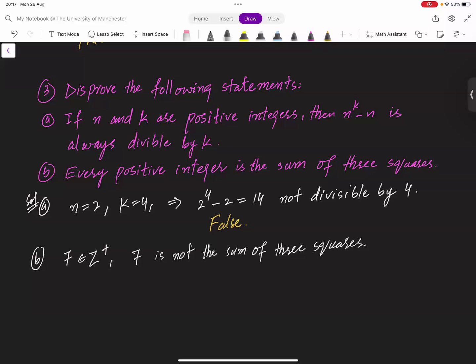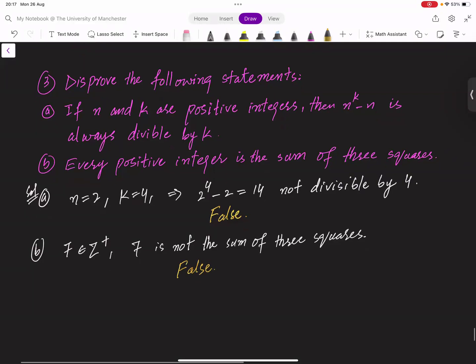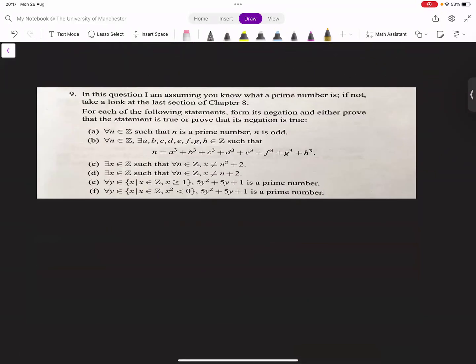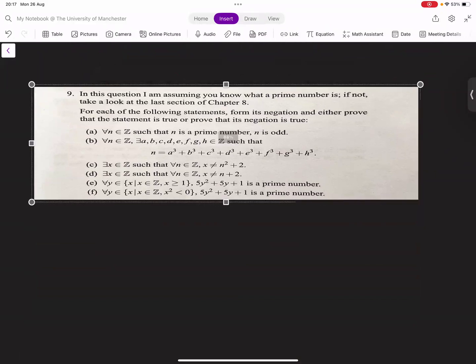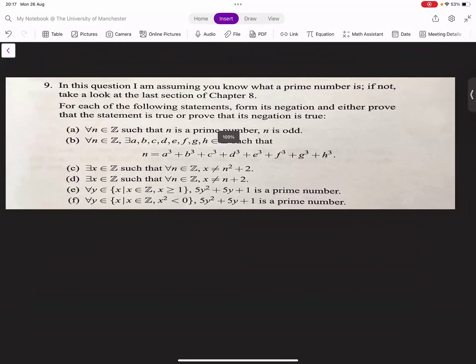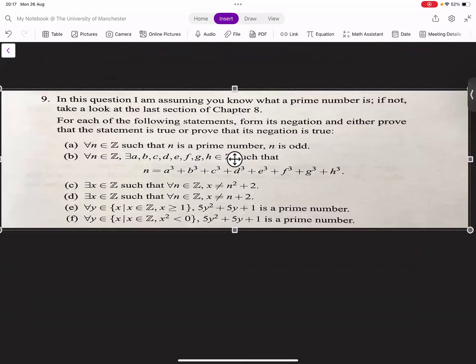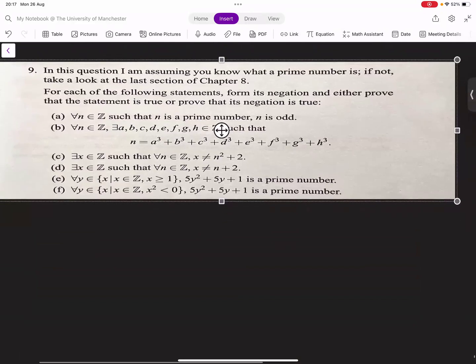So this shows false. Question number 9. Question number 9 says that